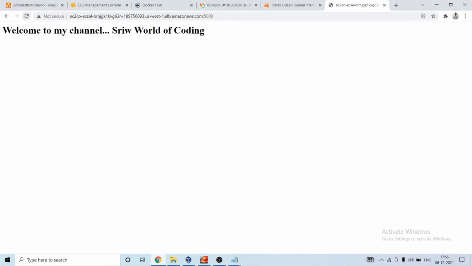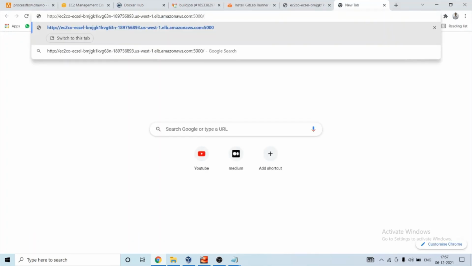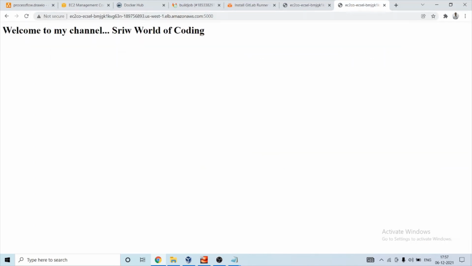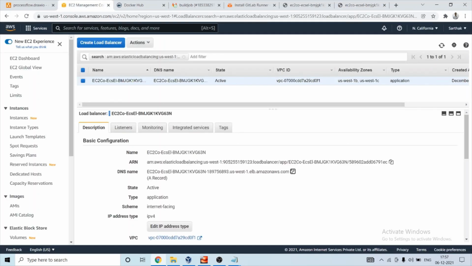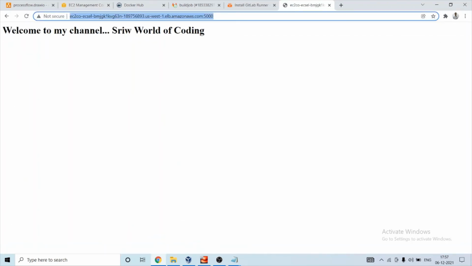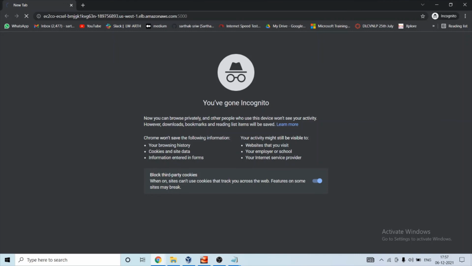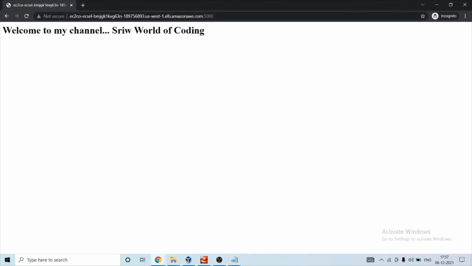It's not refreshed till now. Let me copy. Sometimes it takes from cache only. It is showing me the same output.